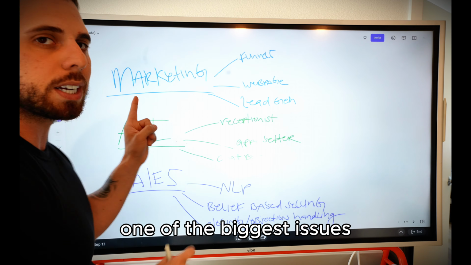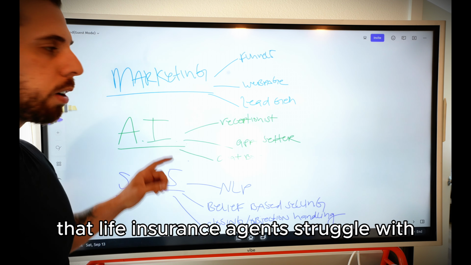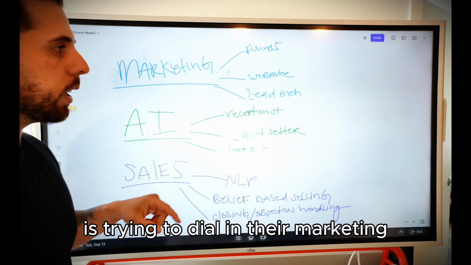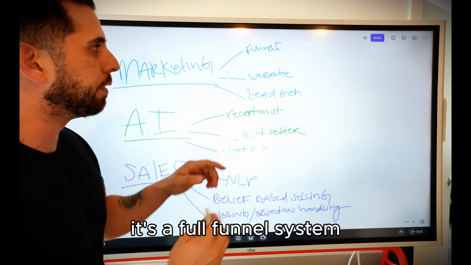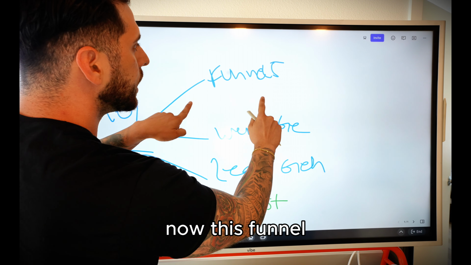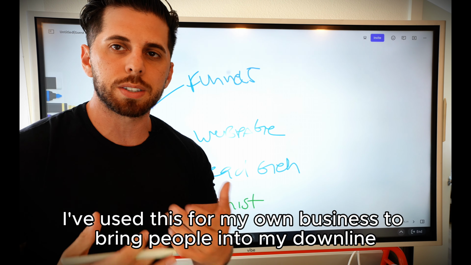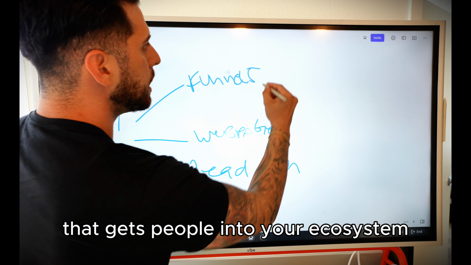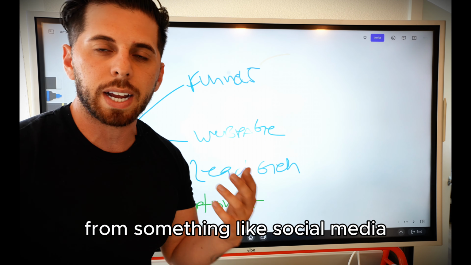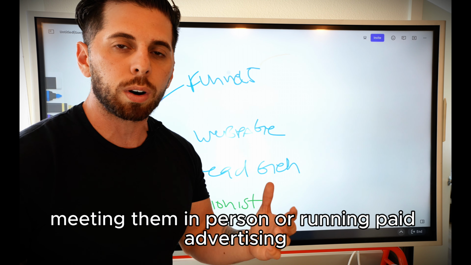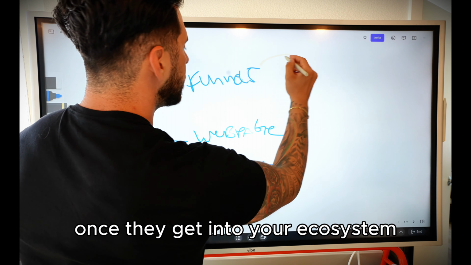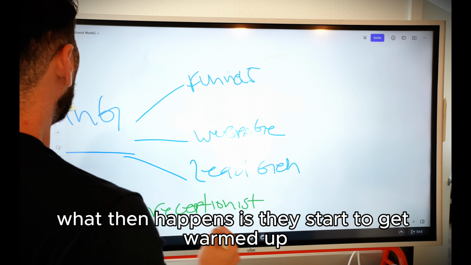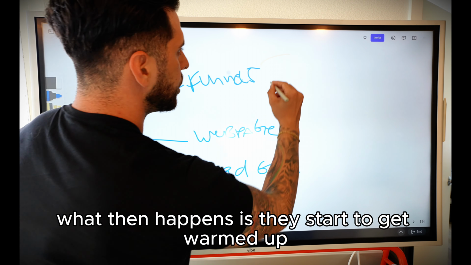Number one of the biggest issues that life insurance agents struggle with is trying to dial in their marketing. So what we've created is this. It's a full funnel system. Now, this funnel, I've used this for my own business to bring people into my downline. It's an automated recruiting tool that gets people into your ecosystem from something like social media, meeting them in person, or running paid advertising. Once they get into your ecosystem, what then happens is they start to get warmed up